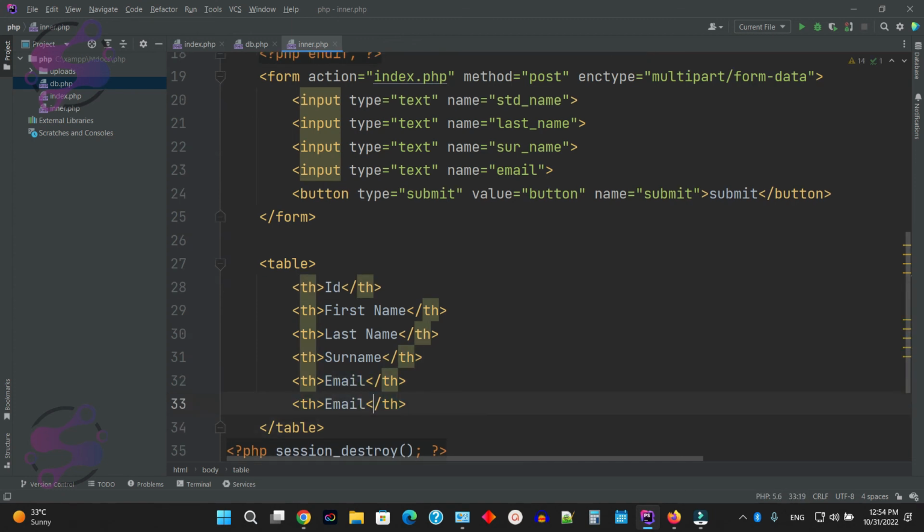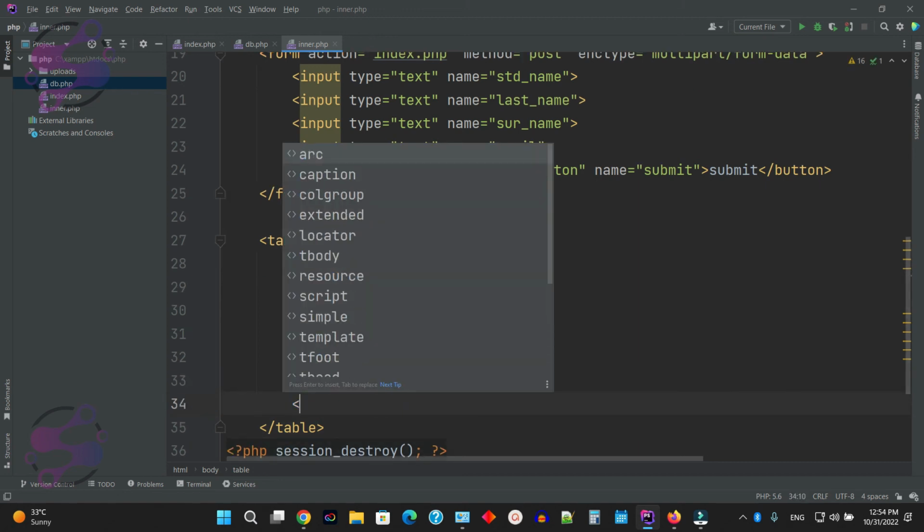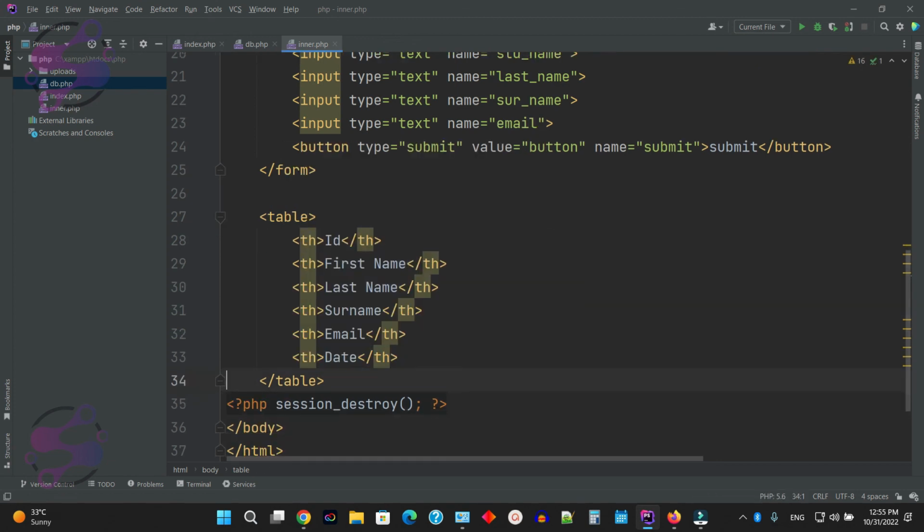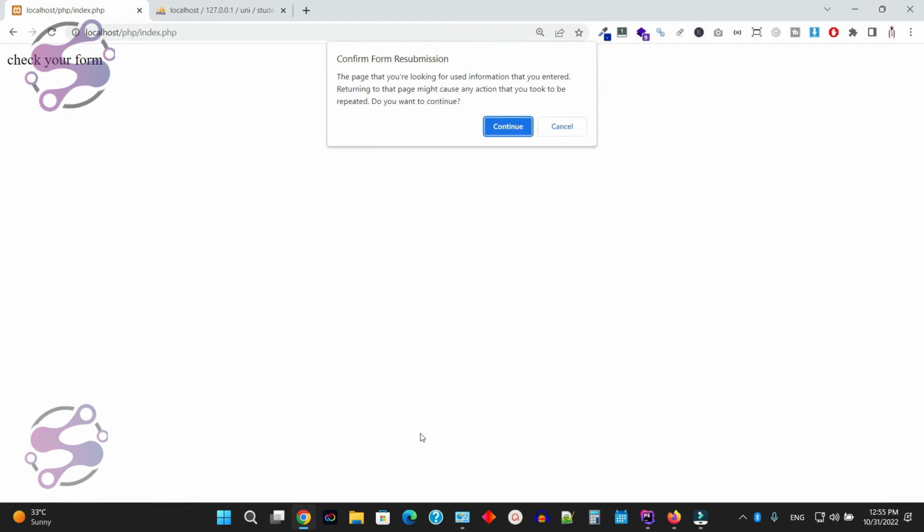And if I say this is the date. So now you have to create the tr, which is the table row. We're going to discuss about the table row, but for now, go to the page, refresh the page,